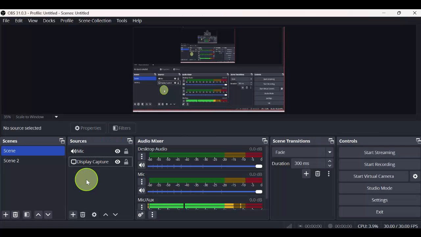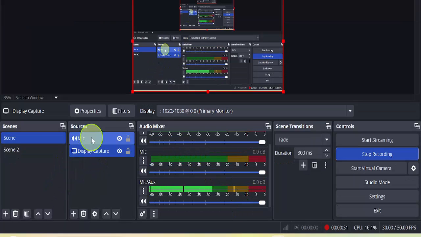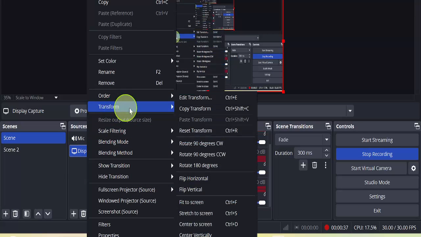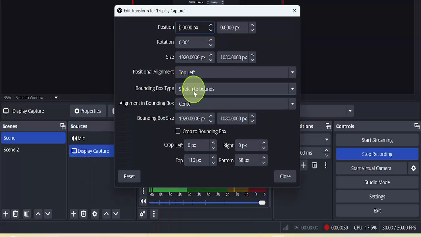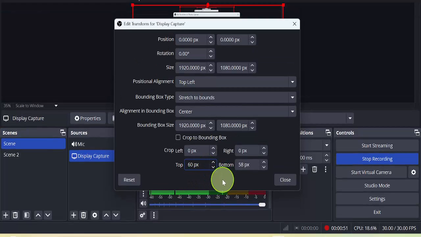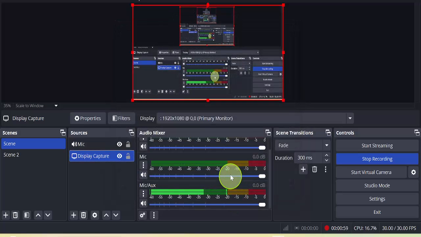All right. So if it happens that you want to show the address bar of your browser, then you should go back to OBS. So what you can do is you hover back to this section, right click on it, and then go to the transform, go back to edit transform. Okay, and over here you would see this section. Let's change that to 60. Now in doing so, if you put it at 60, you would have taken off the tabs. Okay, so press the enter key when you change that pixel there. So I'll press the enter key. Now what this does, now let's go back, right click,